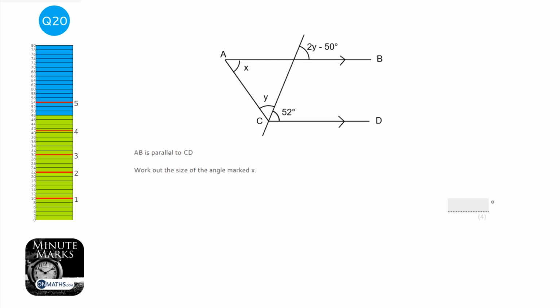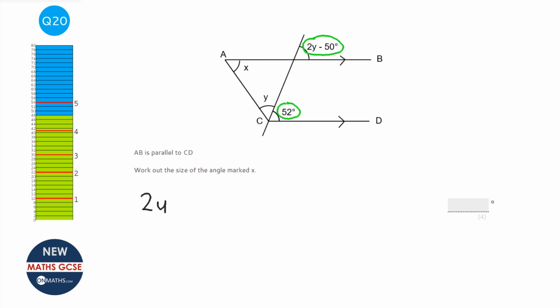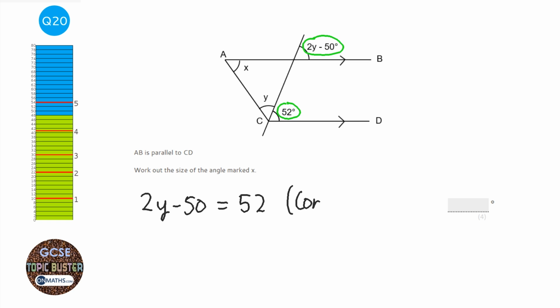For these types of questions, always make sure that you show your working. Show how you know something is something. So the way I would start this, and this is not the only correct answer, is I realise that these two are the same. So I know that 2y minus 50 equals 52. The reason I know that is that they are corresponding